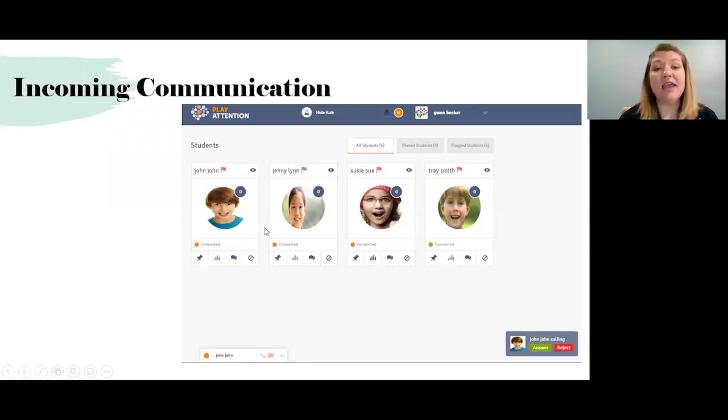So now let's say they want to contact you. So they have the same opportunity on their end to contact you. They can call you, they can initiate a call, initiate a video chat, initiate a text. And so you see down here below where one of the individuals is calling in. Now they have the opportunity to do this in a group training as well.